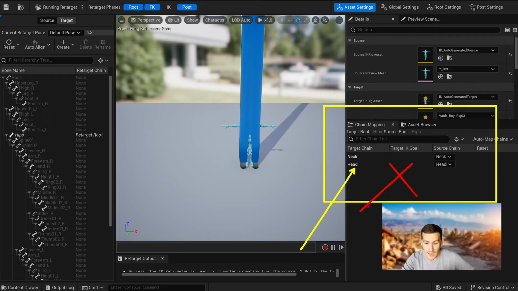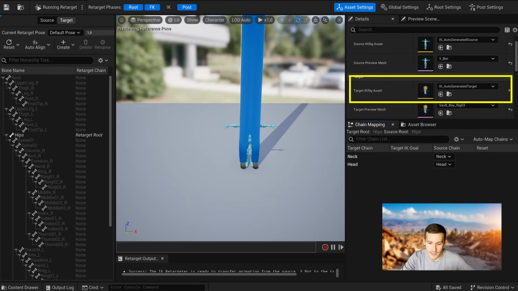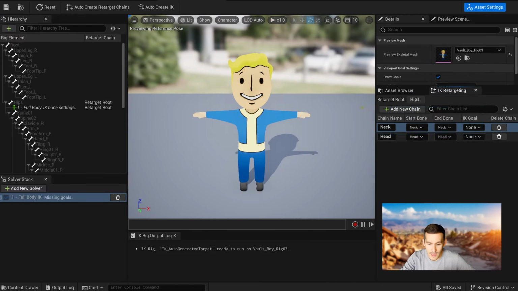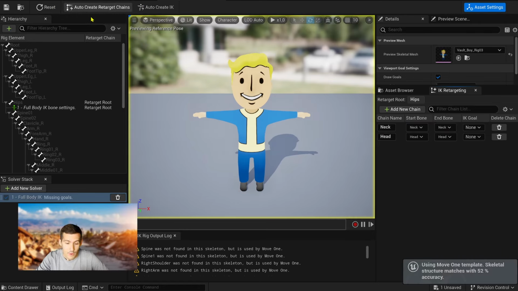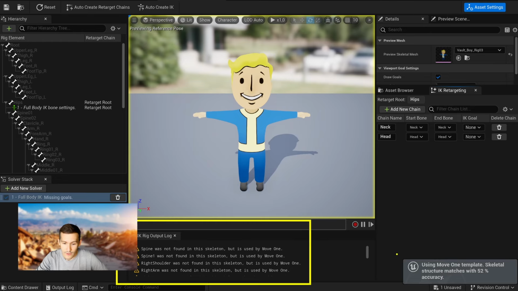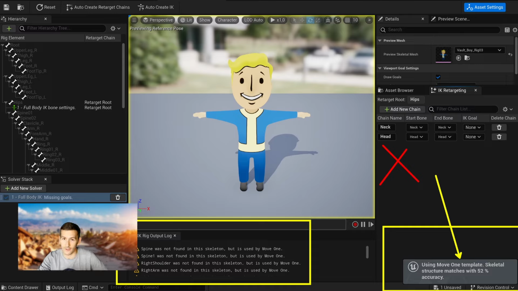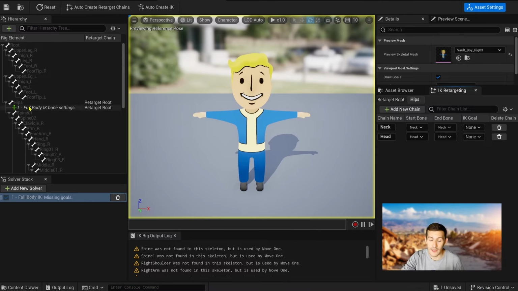So we need to focus on the IK asset of our Mr. Vault Boy. You can find it in your content drawer or directly here via the IK retargeter assets. Here you see that I only have these 2 retarget chains. Unreal can't detect the rest. A good indicator to better pinpoint the problem is to use the Auto Retarget Chains. This is the process used in the background when using auto retargets. Here we have direct access, and if you launch it and don't get a conclusive result, you can be sure that the problem lies in the fact that Unreal can't do things automatically regarding your custom rig. It's not dramatic at all, because in a few clicks, you'll be able to recreate all the missing retarget chains.